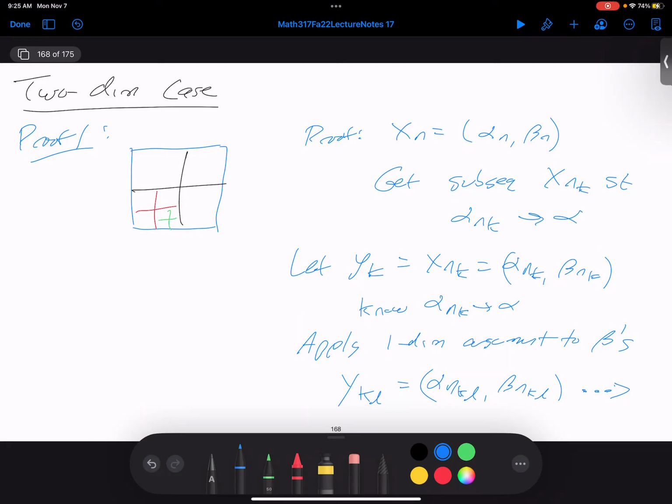What if we had 3 dimensions? What would we do if we had 3 dimensions? Just add a variable, expand space, and then make the same argument. Yeah, so we could do either proof 1 or proof 2. We could have a box and divide the box into how many pieces? 8. So the segment was 2, the square was 4, the box is 8. Or we could do